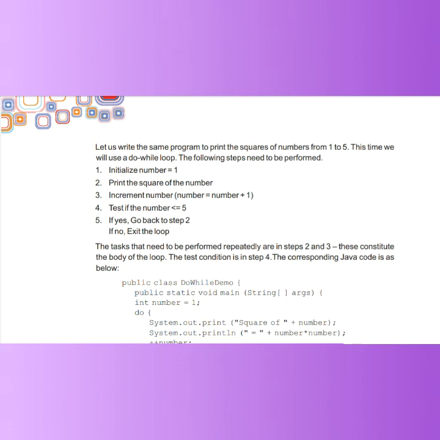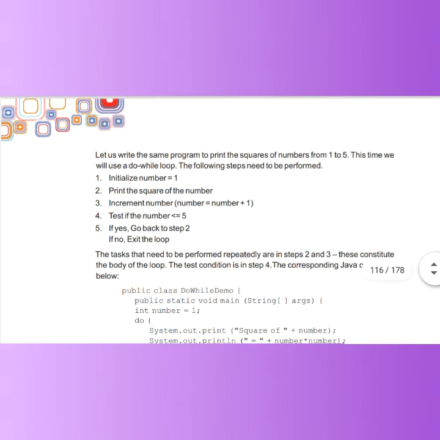The only difference between the do while and while statements is that in the while statement we check the condition first, and after that we get the square of that number if it is true. But in do while, the square of the number is executed and printed, and after that we check the condition for the next number.